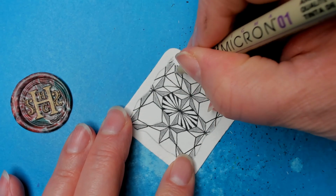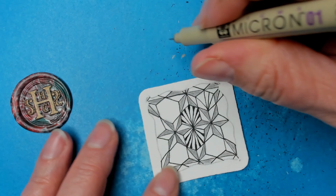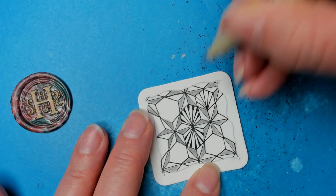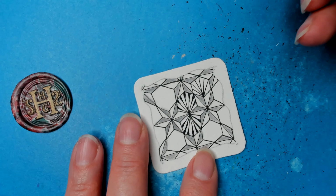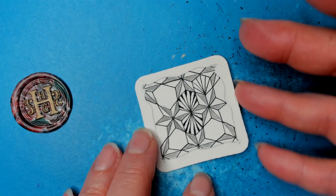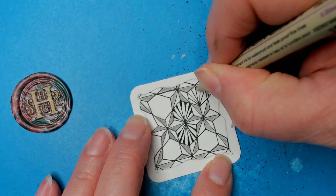Or, if you do something like this, you're like, you know what? I really don't like that. Guess what? You can fill it in, because she does have one of the samples like that, with it all filled in, black at the end of it. So anyway, I'm going to continue this play, and you can continue as I'm telling you about